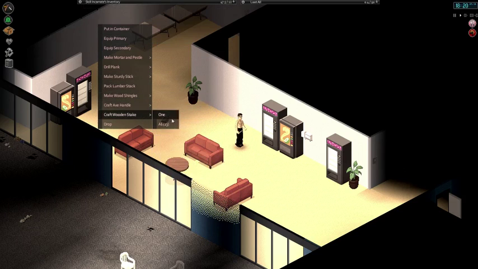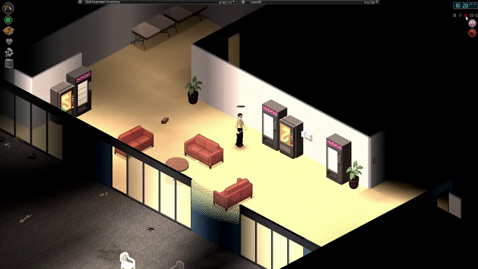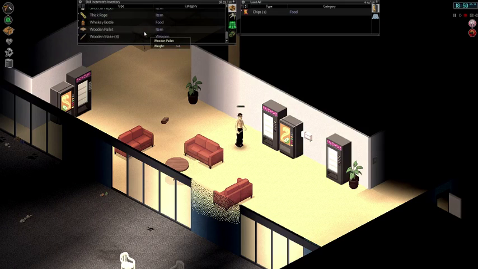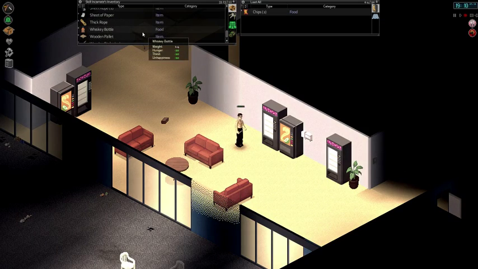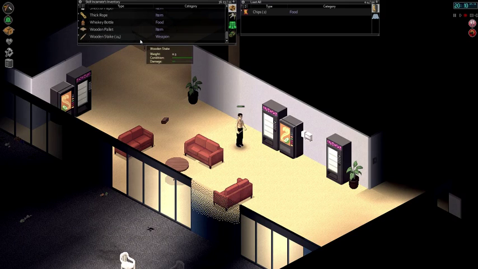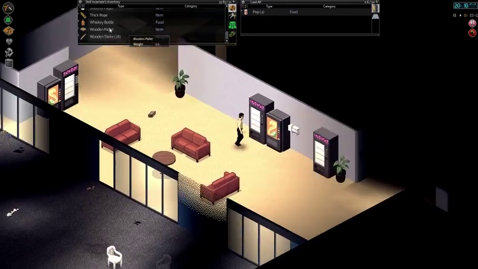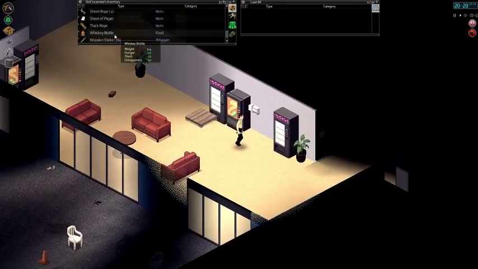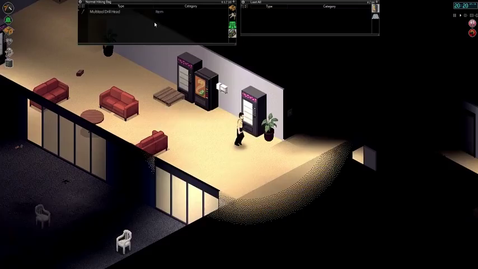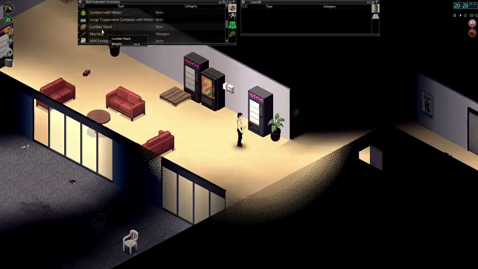Okay. Wooden stake. I'm gonna speed up time here. The wooden stake's basically just a crappier version of the knife. Probably don't need this many, but... So, now that I have a wooden stake, and I don't need to be carrying around 10 tons of knives, it means I can go out and